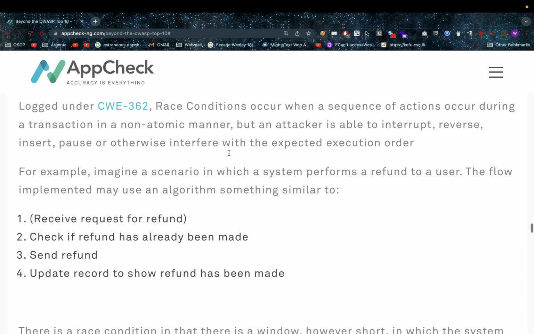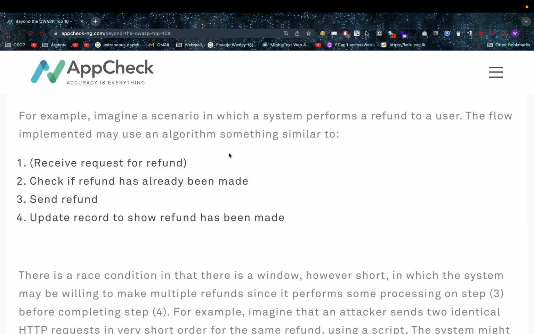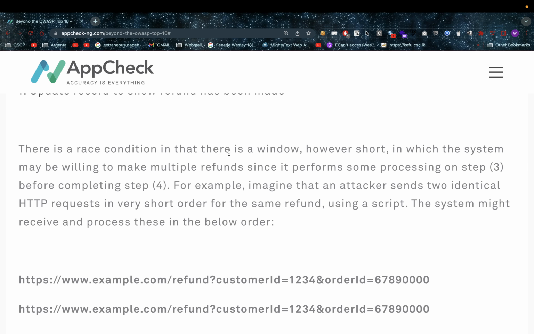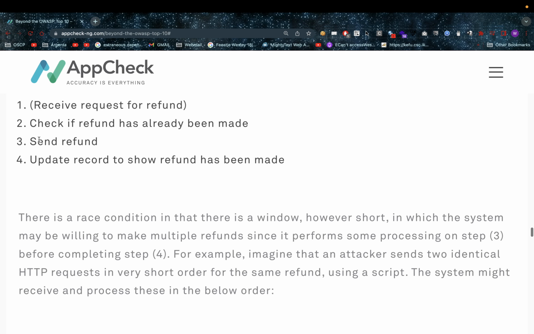For example, they give a scenario here where they receive a request for a refund, they check if it has been made, they send the refund, and they update the record that the refund has been done. There's a race condition in that there is a window, however short, in which the system may be willing to take multiple refunds since it's performing the processing on step 3 before completing step 4,